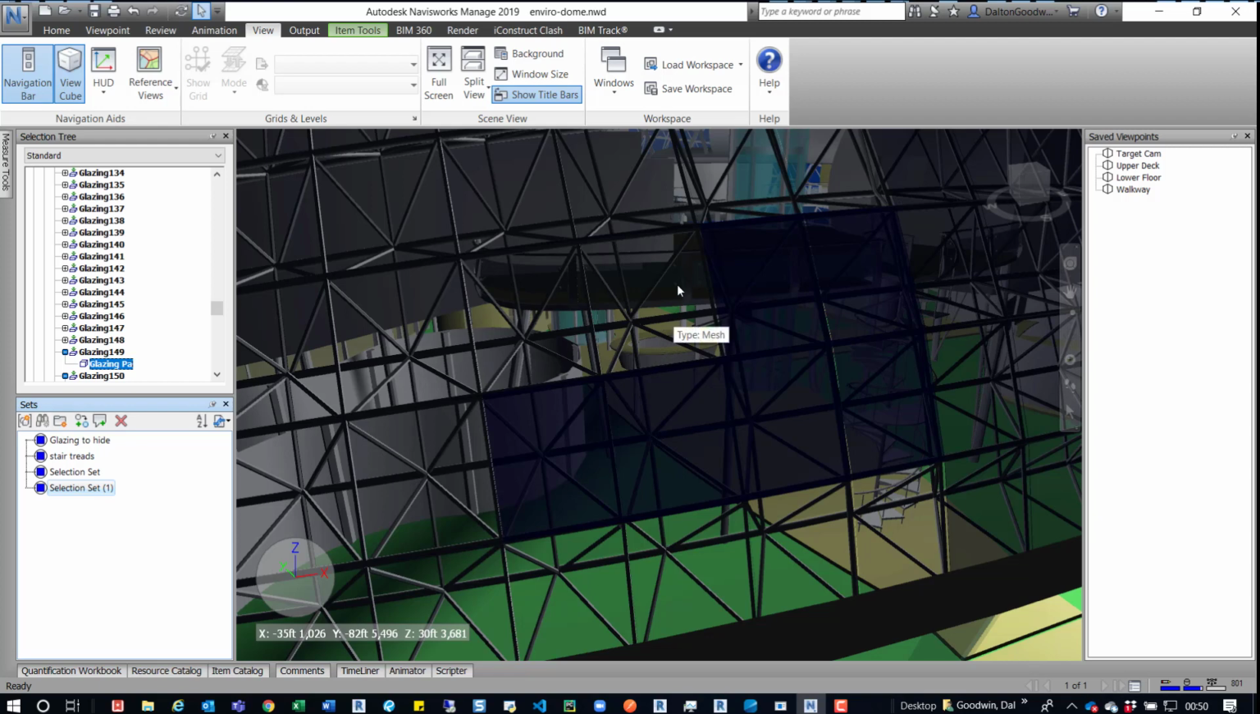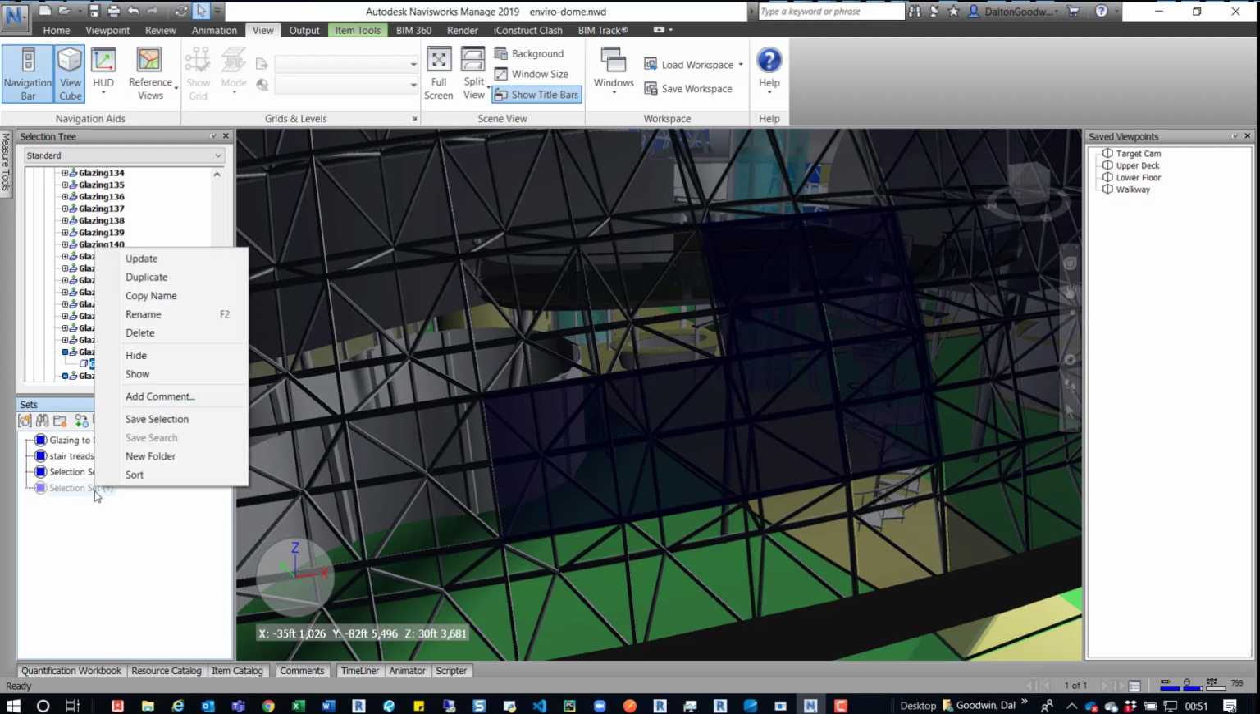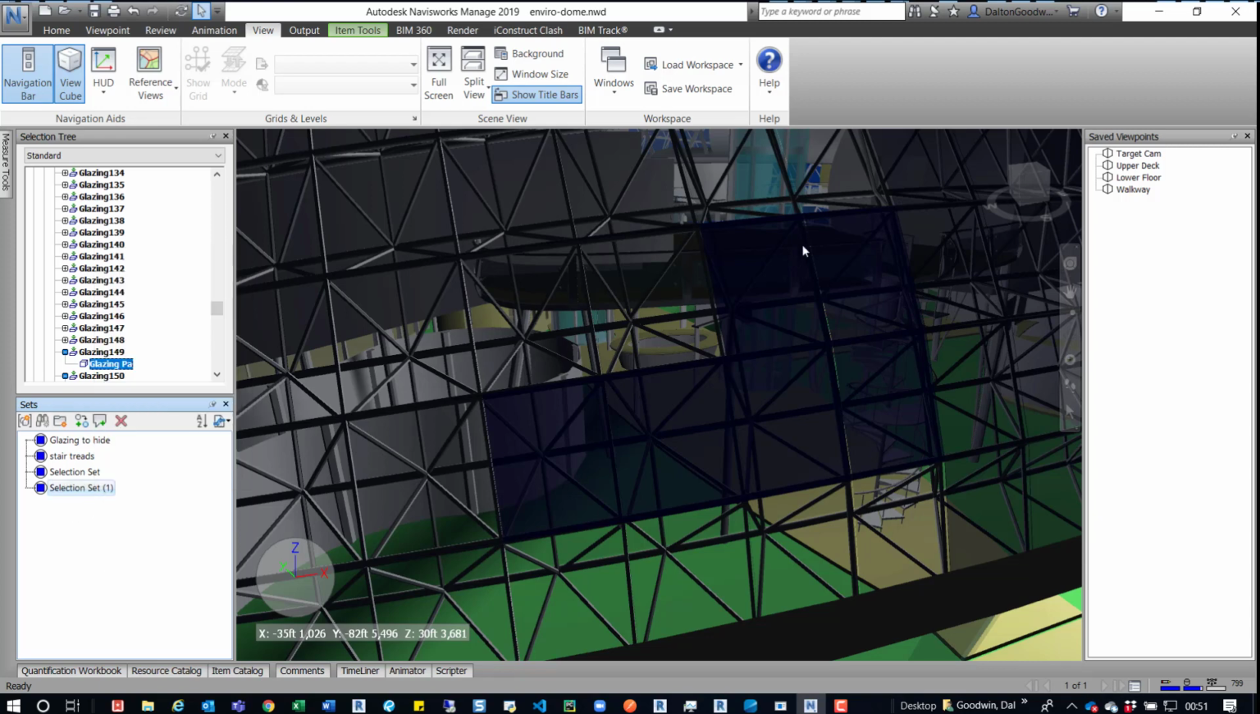So selection sets again are manually created selections of items. You can create those by having the set window open and then just clicking this button, Save Selection, and then updating it is simply Control, adding elements, or Control and removing those elements, and then updating the selection set by right-clicking the selection set, the specific one you want to update. So hopefully that gives you an idea how to use it and how to update them,